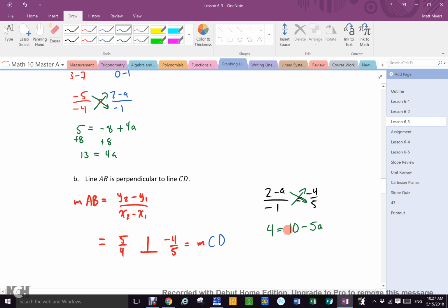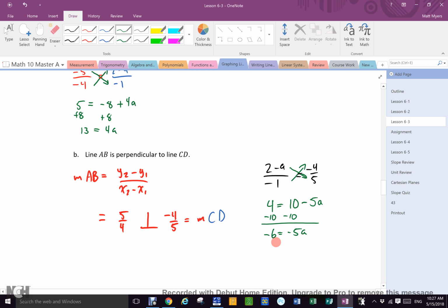Negative 5a. How do I solve that? Minus 10, minus 10. What's 4 minus 10? Negative 6 equals negative 5a. What's the last step? Divide by what? Negative 5. So a equals